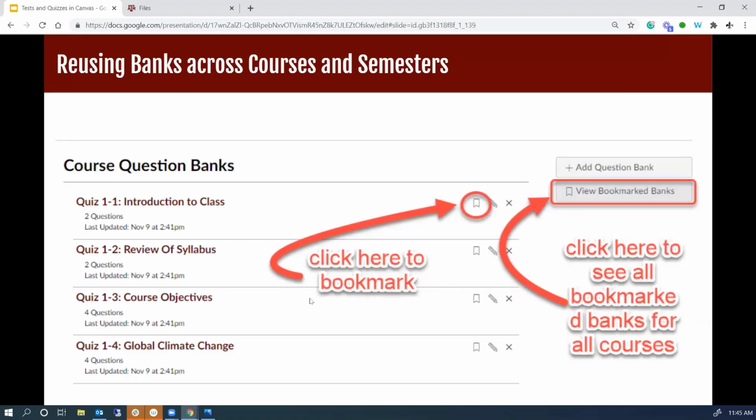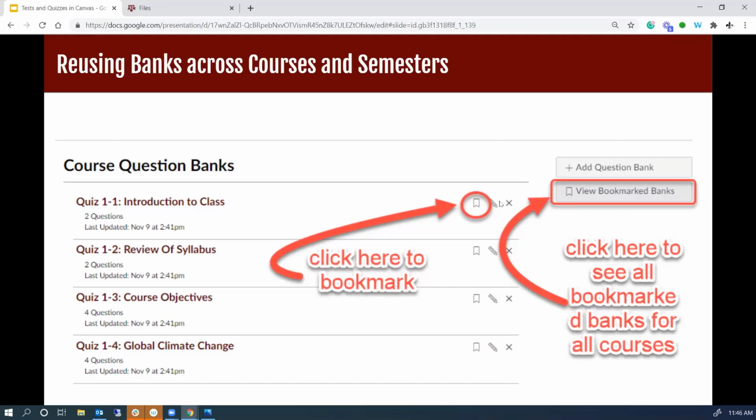When you have question banks, a really important question is how to reuse those across semesters or in different courses. One way is to bookmark a bank. If you bookmark a bank, that bank will be viewable in other courses that belong to you.